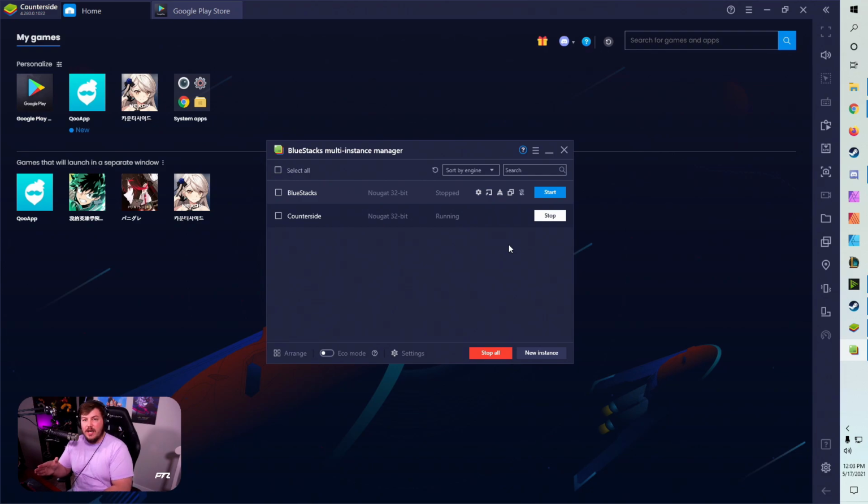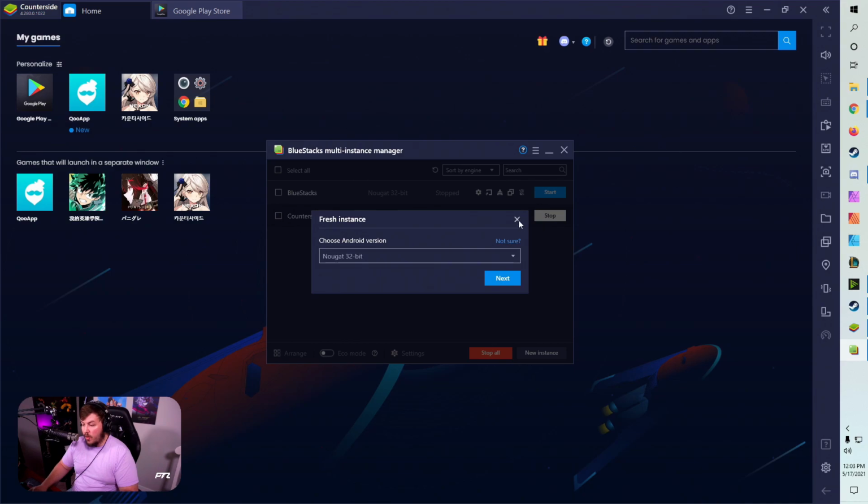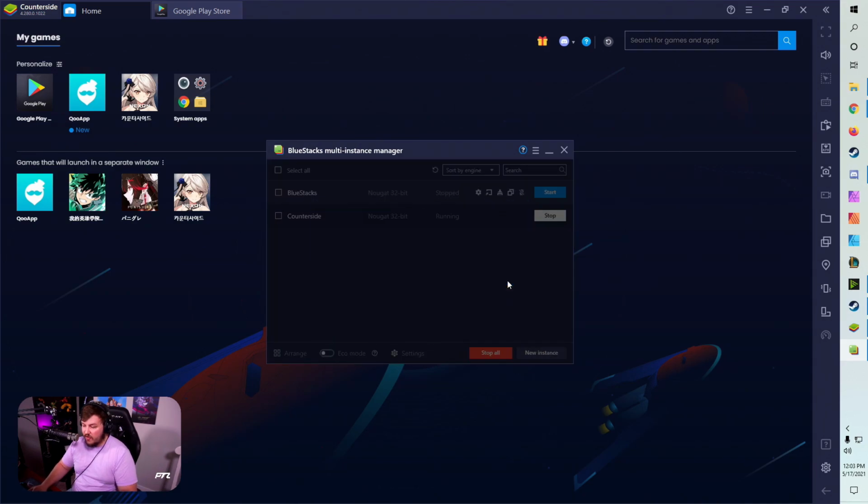Essentially what CounterSide does is every single time that you start and download everything, it gives you a unique ID code and you can only re-roll off of that. So each time you have to make a new account with a new ID to re-roll. What we're doing here is creating a new instance. You can do a fresh install, you can name it whatever you want, or after you actually make your CounterSide here, you can actually copy it. But let's go ahead and make a fresh one